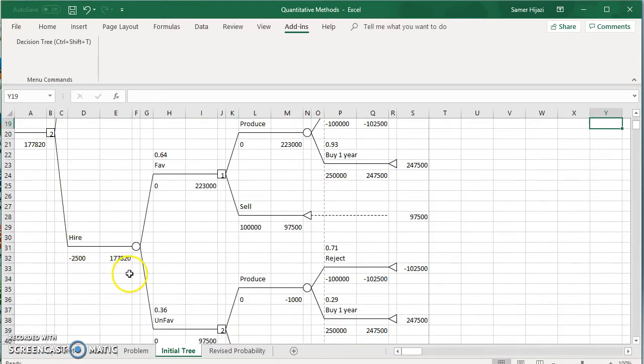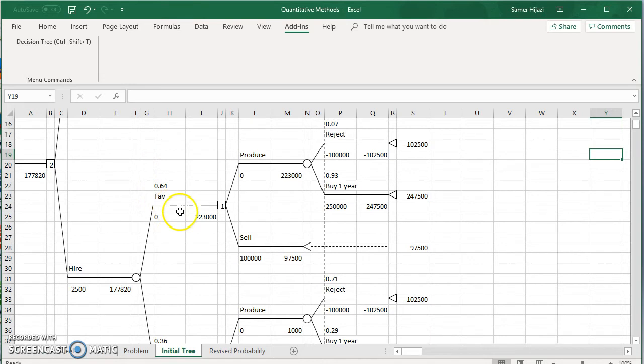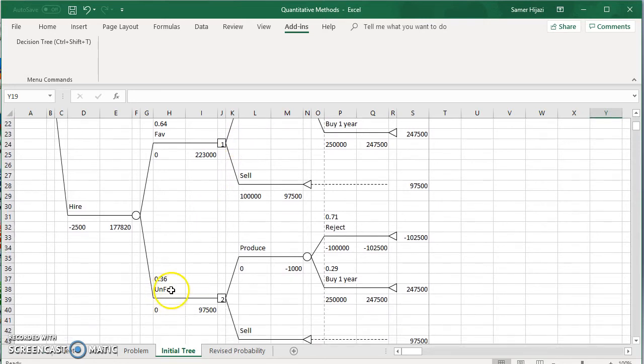Hire the consultant and wait. If it's a favorable outcome, the decision is to go with the first branch, which is produce. If it's unfavorable, the decision here is to go with the second branch, which is sell. So we're going to say hire consultant and wait. If it's favorable,